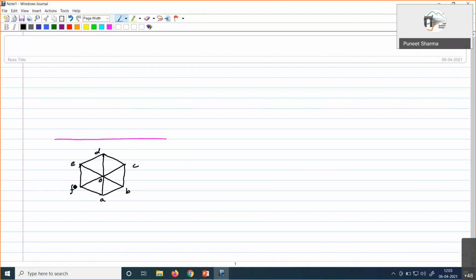Okay. So suppose this is the top view for a hexagonal pyramid. So you can see that what we have done is these two edges of the base, that is EF and CB, these we have kept perpendicular to the XY line. So these will be perpendicular to the vertical plane. So if we go with the assumption that it is placed on the horizontal plane, then I can draw the projectors from all these points and then locate these